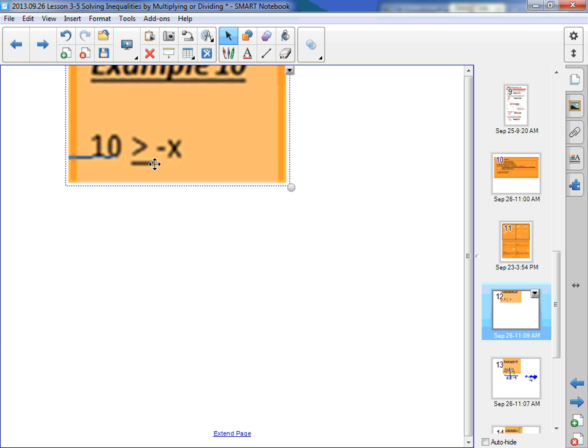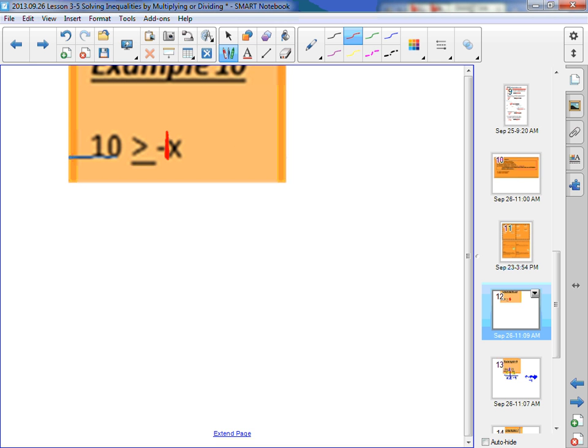Okay, so on example 10, oh, that copied kind of weird. It appears that there's not a number in front of the x, but there is a negative sign. However, we know differently. What do we really know about this? It's a negative 1, right? So there's really an understood 1 that you may want to go ahead and write in there. So when I draw my weight bar, when I'm trying to solve for x, what do I do right now? Yeah, I'm going to divide by negative 1